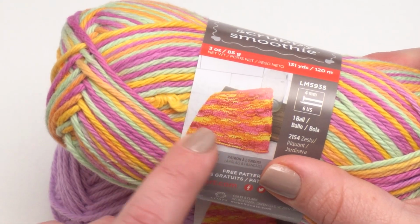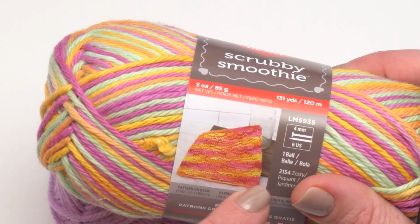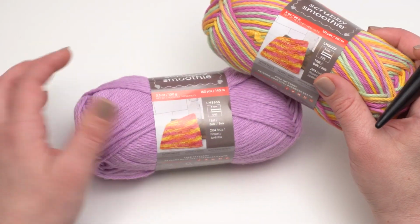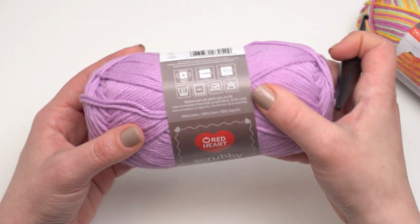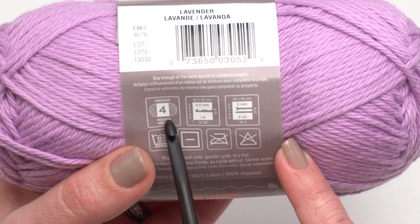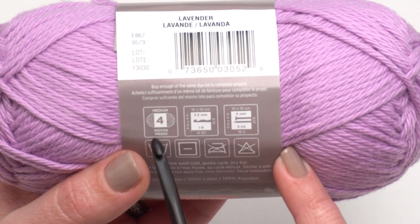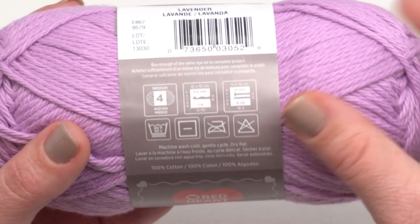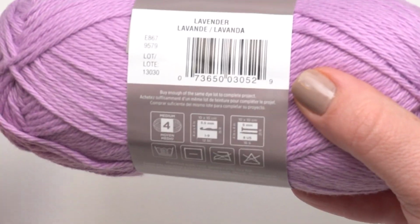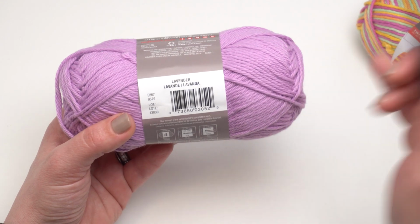And you can see from the picture, there's a little bit of striping here, particularly with knit, but I don't think you get quite as much of a striping effect with crochet. In fact, we'll take a look at a couple of swatches together. Before I do that, though, I just want to point out a couple other things. This is a medium weight yarn, the yarn symbol 4, also known as a worsted. So in UK terms, that would be like a 10 or a 12 ply. And they recommend an I hook and 5mm knitting needles, but of course you should follow whatever pattern you're using and play with the hook size and see what the fabric